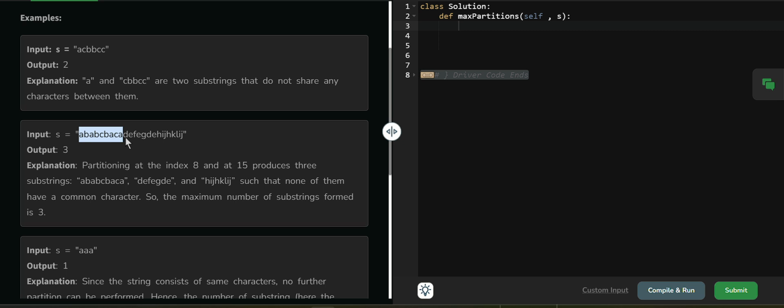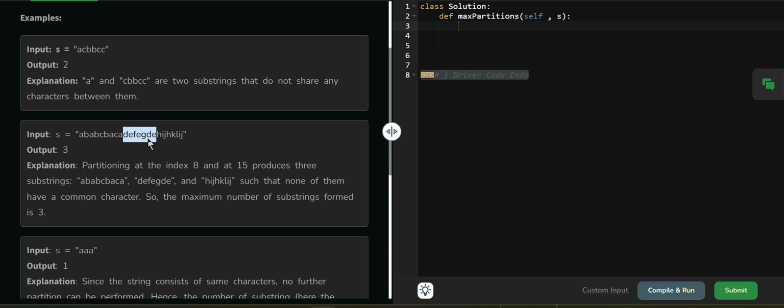Then I come to the next part. My ending index of d is here. Then what about e? The ending index of e is up to here, so we can say that my substring 2 can be up to here only. Then I come to f, and the ending index of f is that thing only because it is unique. Then same with e. Then g, whose ending index is up to here only because it is also unique.